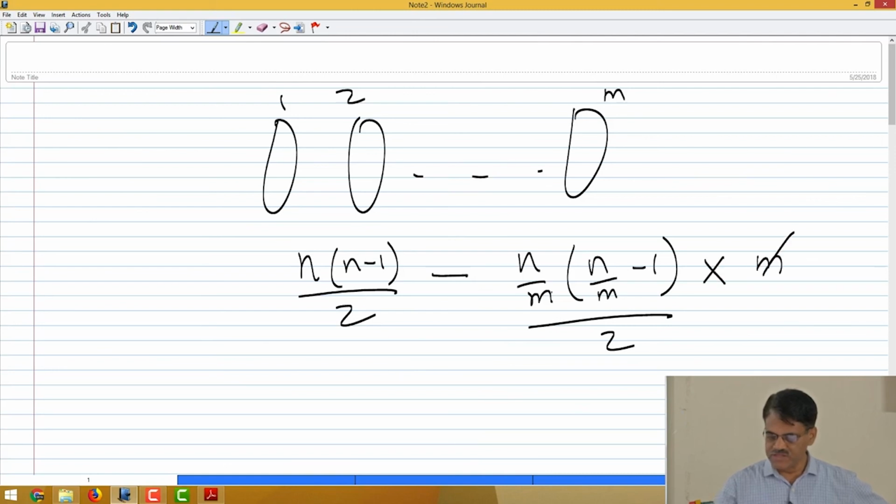So, this m cancels, and this is the number of edges in such a complete m-partite graph, because all possible edges are there except the edges inside each part, and it turns out if you do the calculation, this is exactly that number which we are trying to